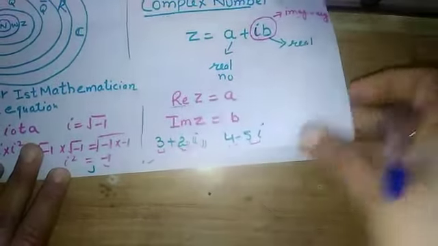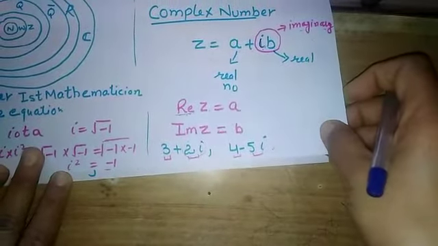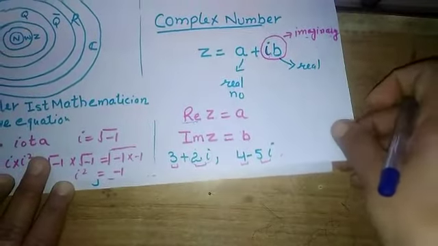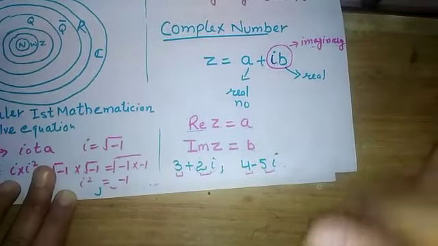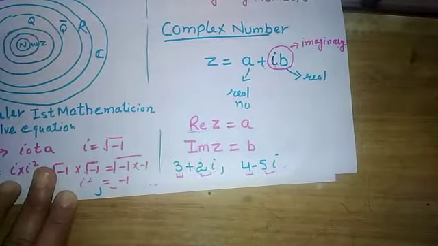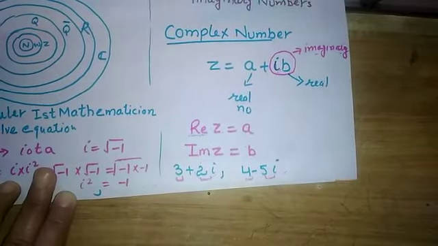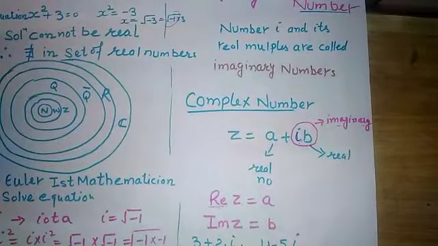So this was the basic reason why we are using complex numbers. What is the need for complex numbers? When real numbers become insufficient to solve a quadratic equation or any other equation, then we introduce complex numbers, which help to solve these types of equations. So let's move to the associative property.